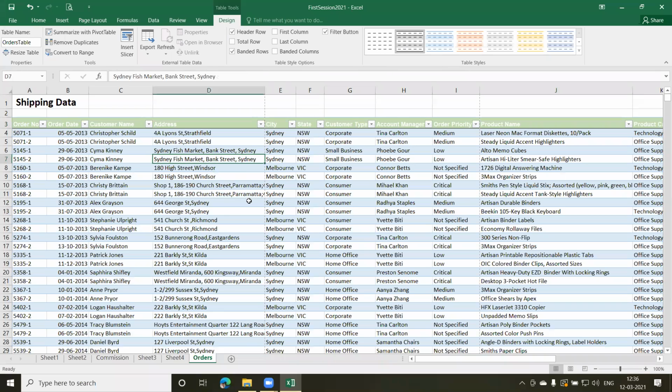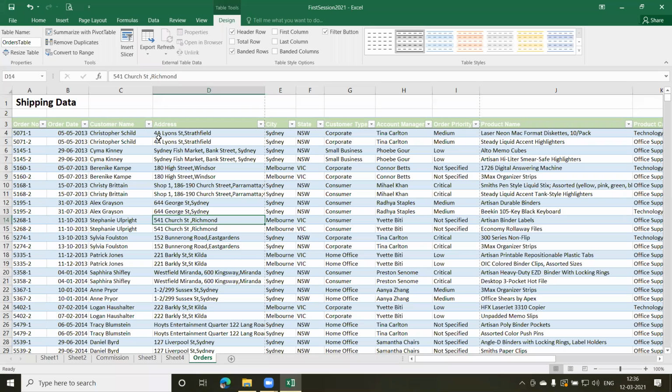And why is this color combination there? Because I changed the range into a table, and the range already had some color formatting with it. Okay, that's the reason. Clear? Now let us see some important features.